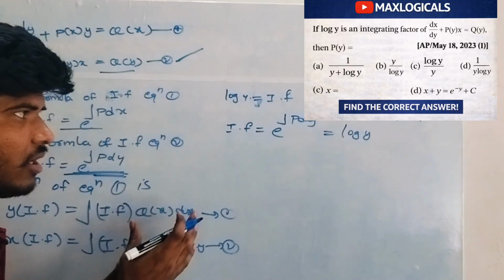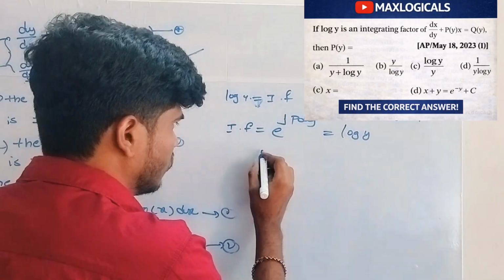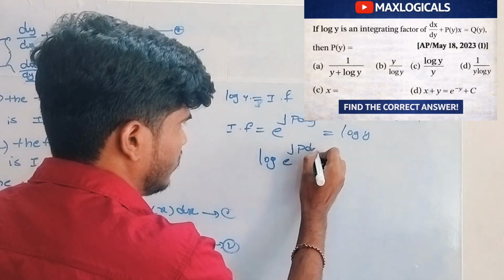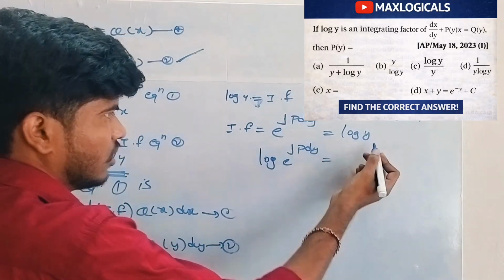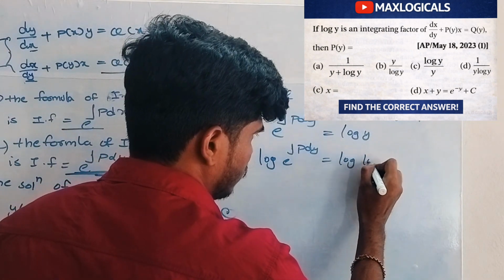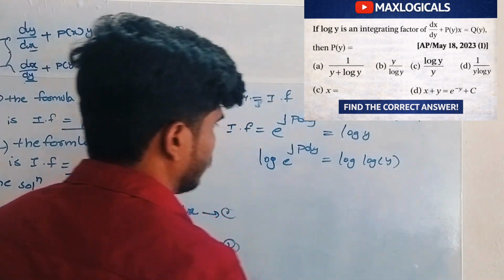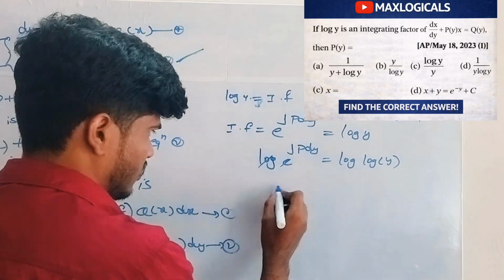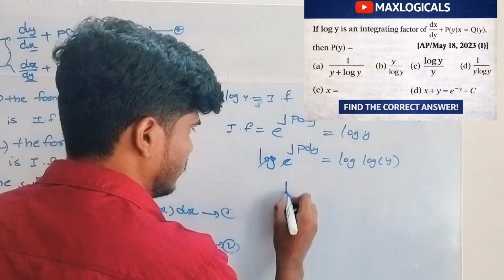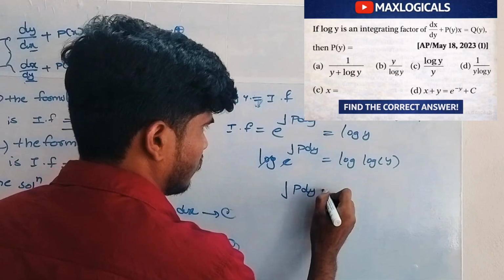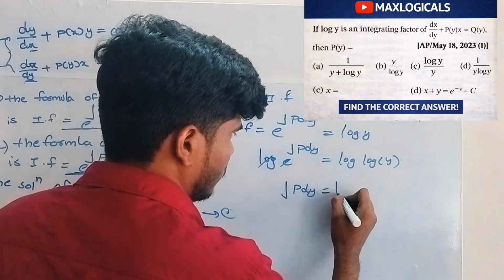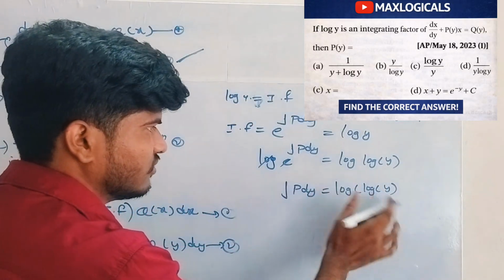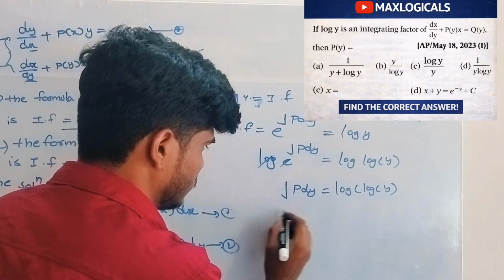So e power integral p dy equals log y. Here the exponential and log cancel, so integral p dy equals log of y. Differentiating with respect to y on both sides,